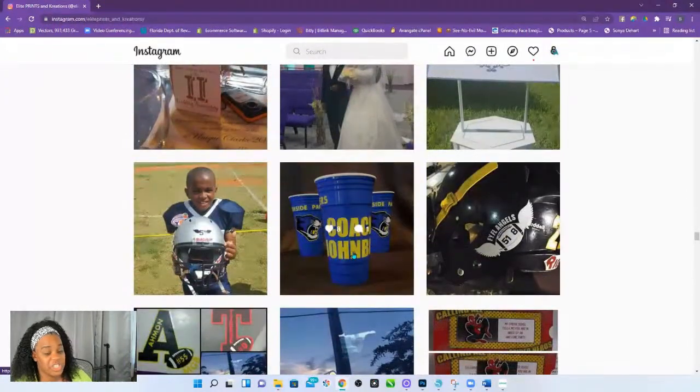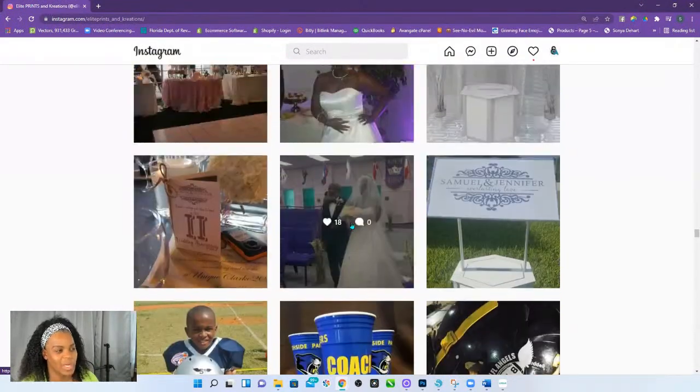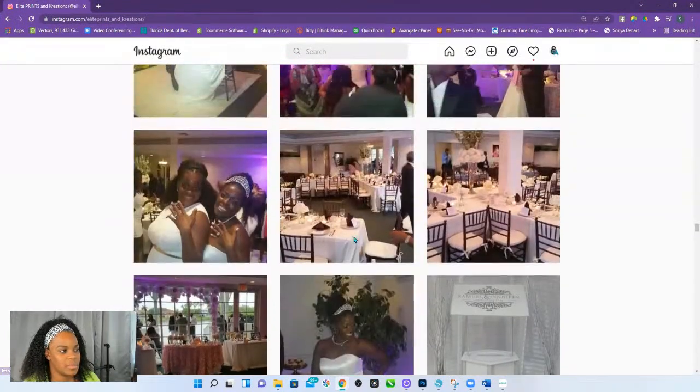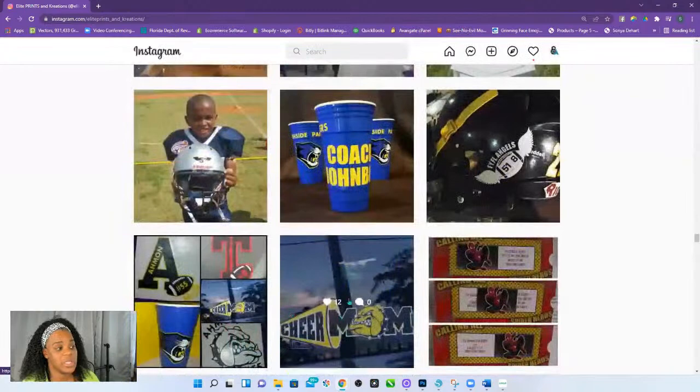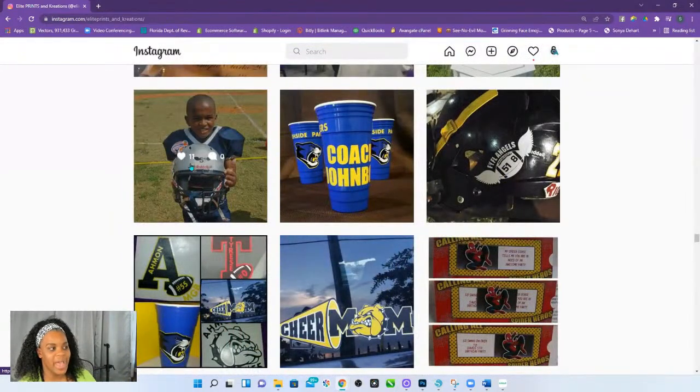Cups, just their name, vinyl on a cup, vectorize the mascot. That's it. Charge $12 for those cups. Them cups cost me $1 because they were on sale at Walmart. Because this is another one. Because I made simple decals.